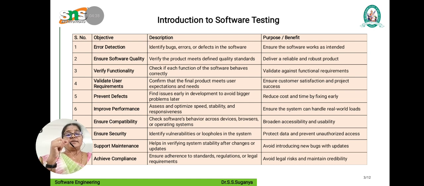Next we go for support and maintenance. We have to provide support for maintaining the software in the future by helping in verifying the stability of the software after changes or updates. Next comes achieving compliance. It is optional, but we have to ensure the standards, regulations or legal requirements for achieving compliance